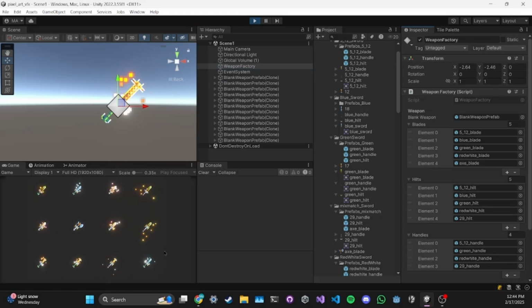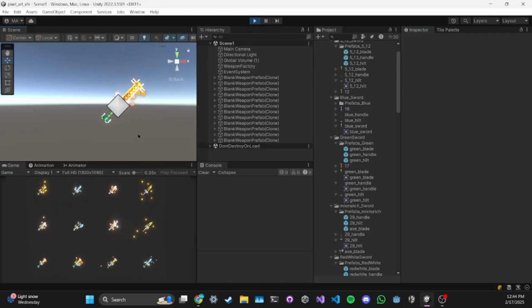The particle system was done a little bit differently. Instead of randomly picking those, the particle system depends on the color of the blade, which I'll show in a second. As you can see, for some of these, this guy is mostly red, brown, and yellow, so that's what the particles look like. If I go to one of these blue guys, right here, this blade is mostly blue, so it'll get blue particles. And this one's green and orange and yellow, so you'll get a little bit of that too. So that is not random. It's generated